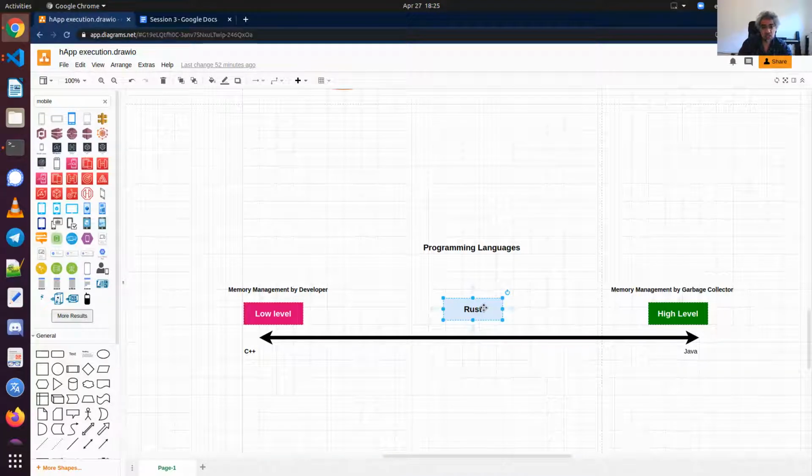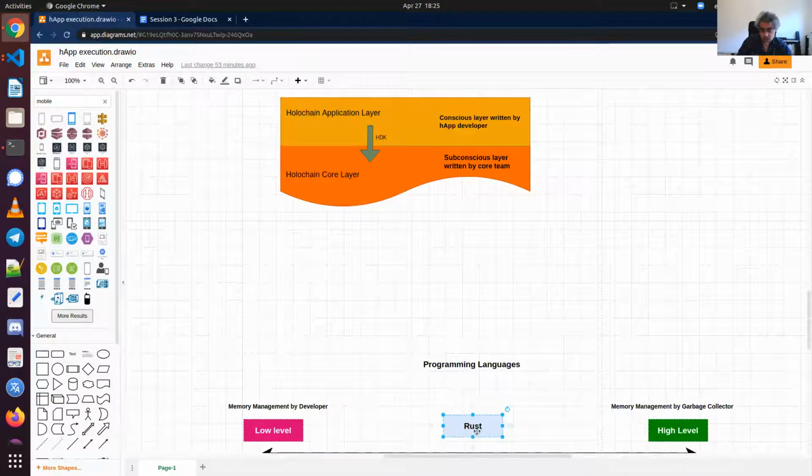Actually, it means if there are some issues in memory management or you are not using memory correctly, you would receive an error at compile time. For sure, there are some exceptions. You can bypass some rules and implement code on your own responsibility. We are not talking about those exceptions actually. It means in the Rust language, when your program compiles, the core level can be sure that you are safe in memory